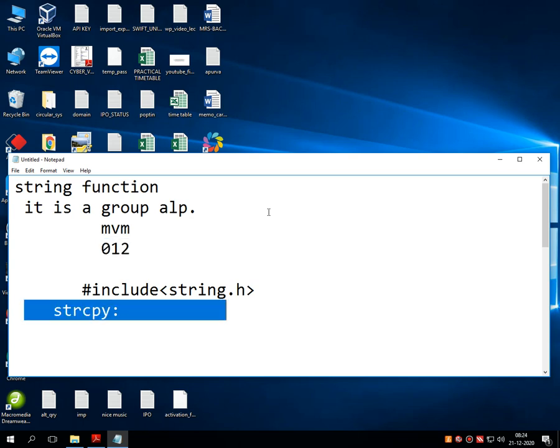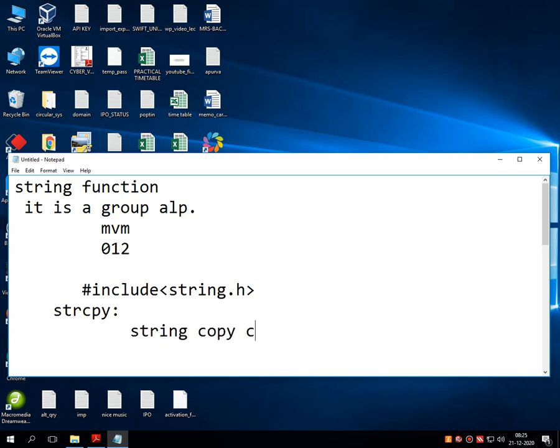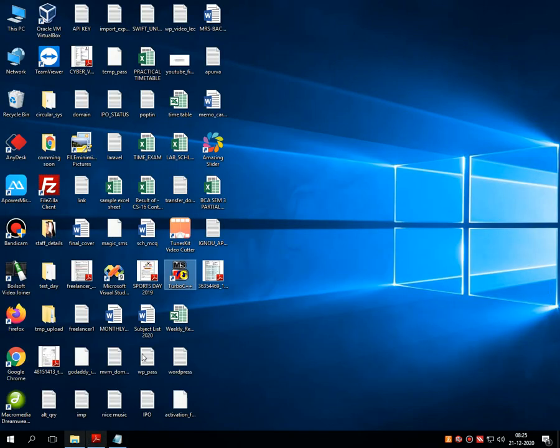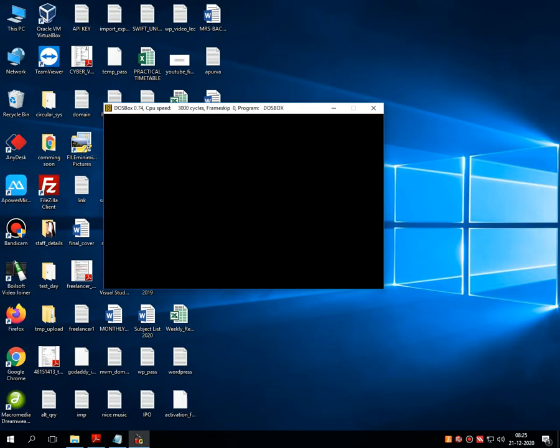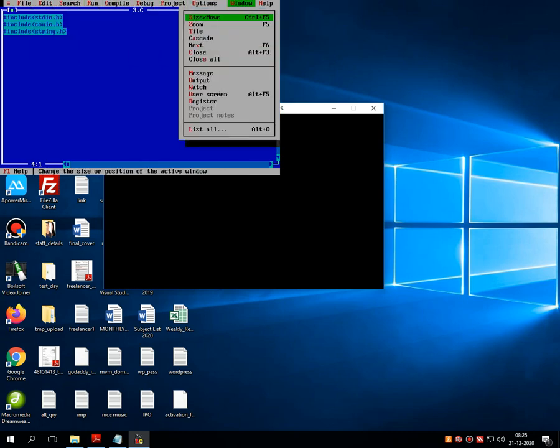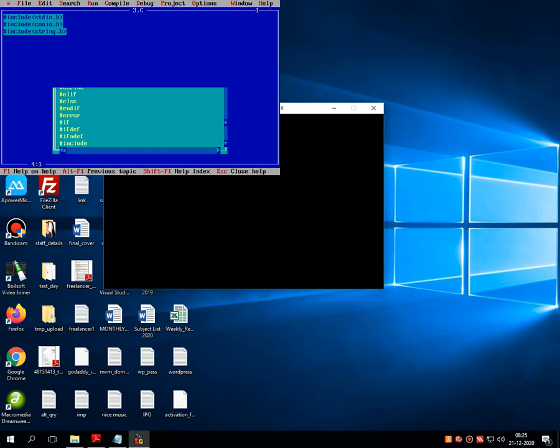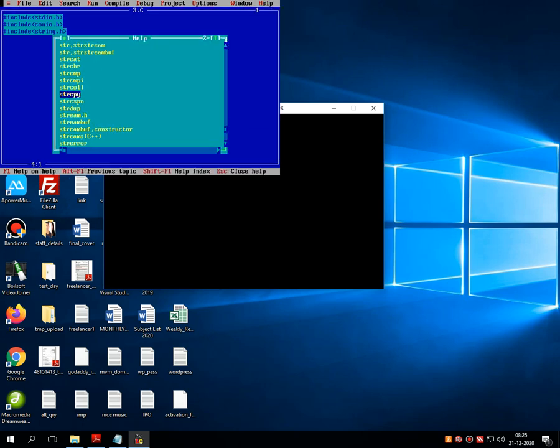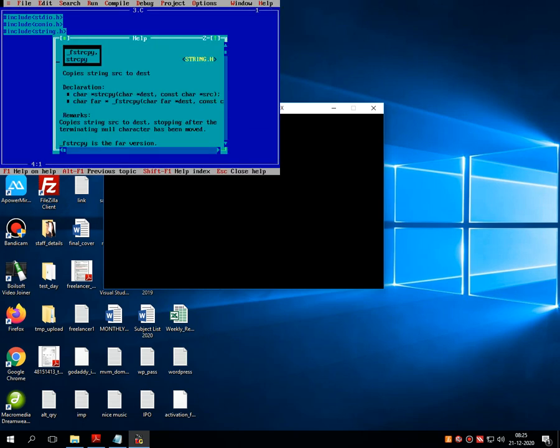Now what is the purpose of strcpy? The purpose of strcpy is that it's a string copy command. Let's go in C now. Here you can see the detailed theory of this particular function.